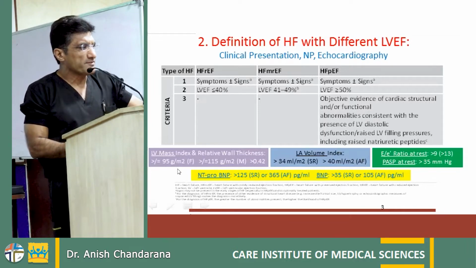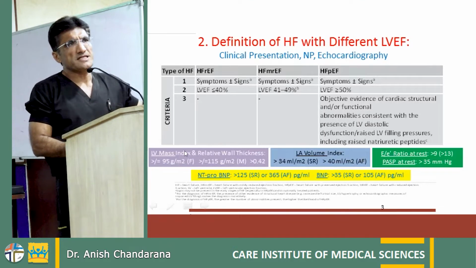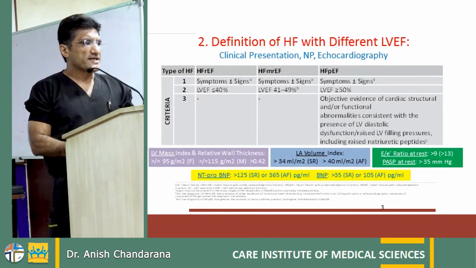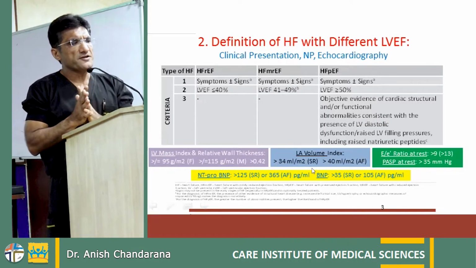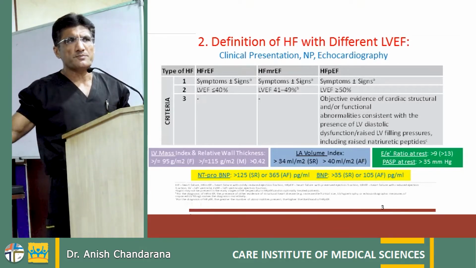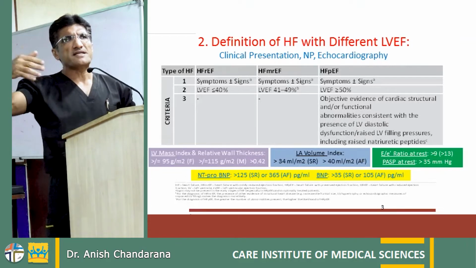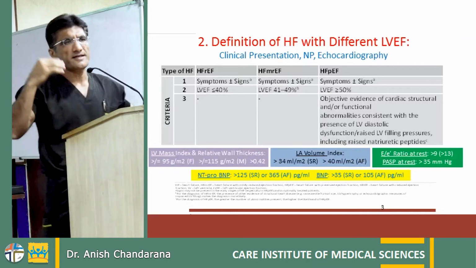For those who are quite comfortable with echo, one is increase in LV mass. We won't go into the micro details, but left ventricular hypertrophy or increase in LV mass is one point. Second is a dilated left atrium. In our echo reports, we do not usually go to the volume of the left atrium. But when the left atrium dimension is more than 40 millimeters, think that the LA is dilated,